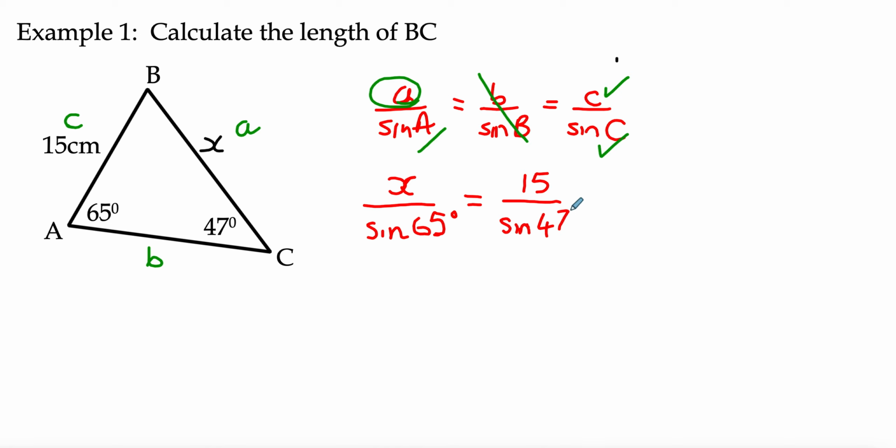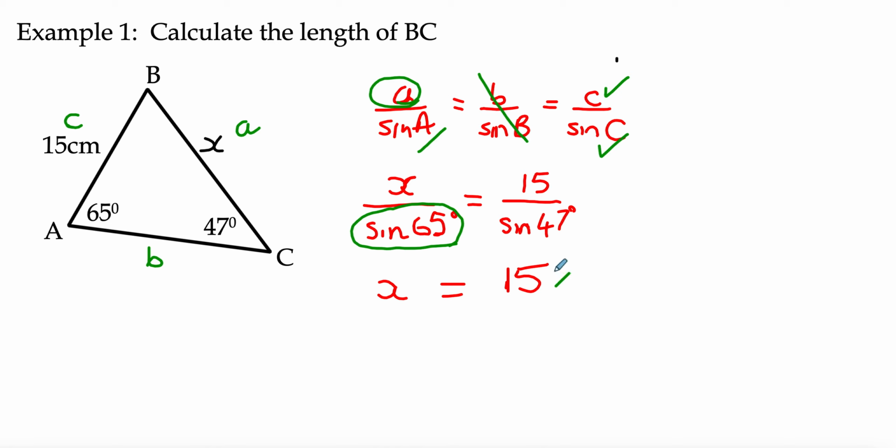We haven't actually done any calculating yet, but we have created a pair of fractions that are equal to each other. So at this point, we could do a little bit of cross multiplying. We don't actually need to multiply both of them out, in the sense that we don't need to multiply x times sine of 47 and 15 times sine 65. Really, if you think about it, we just want x on its own. So we take this sine 65, which is dividing on the one side. On the other side, it will multiply. So we can keep the x here is equal to 15